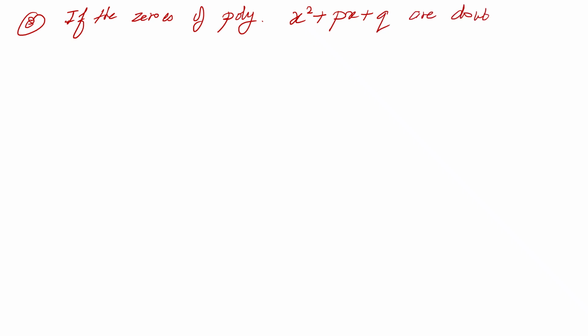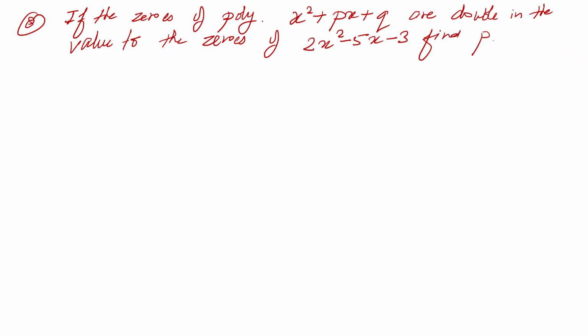If the zeros of polynomial, given है polynomial x square plus px plus q, are double in the value to the zeros of 2x square minus 5x minus 3, then find pq. जो इस वाले पॉलिनोमियल के जीरोस हैं वो सेकंड पॉलिनोमियल के डबल है। ठीक है जी।